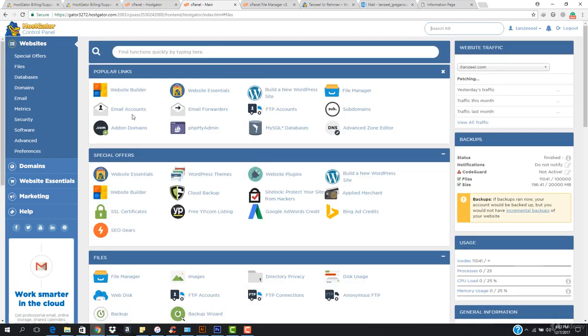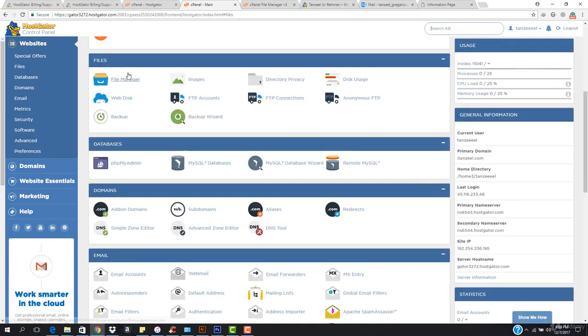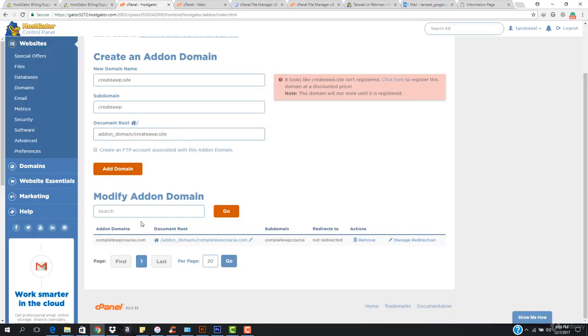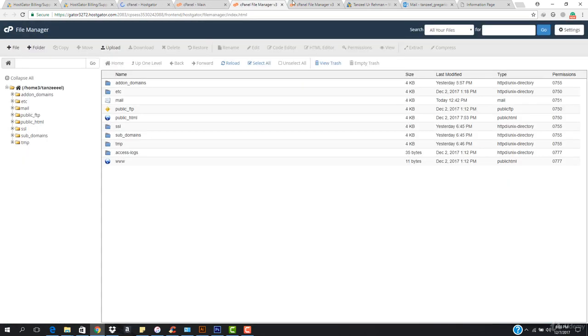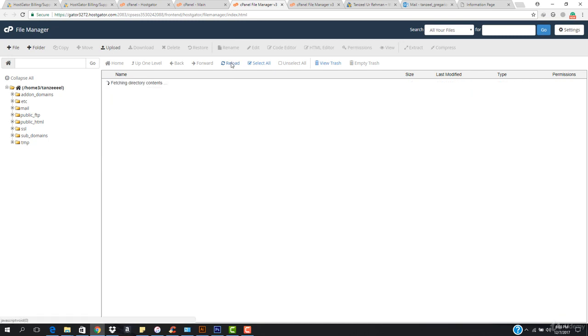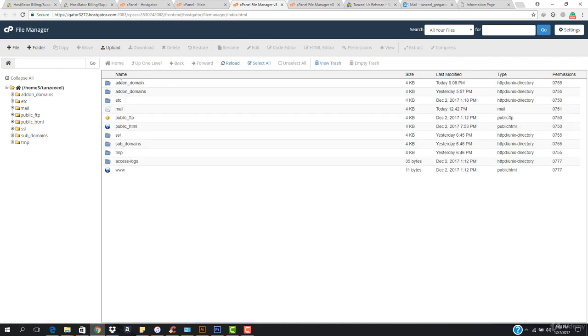and here I want to go to the file manager. And in the file manager, when I will add this, okay, I'm just going to go ahead and hit add domain. So this domain name is going to be added. So in the add-on domains folder, okay, so it was add-on domains. It will create a new folder. Okay, so now if I just reload this, you can see that the add-on domain folder has been created,